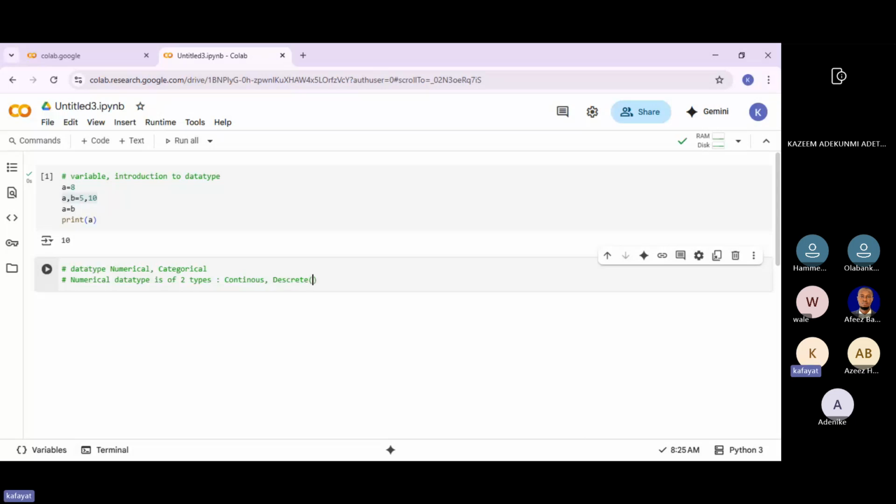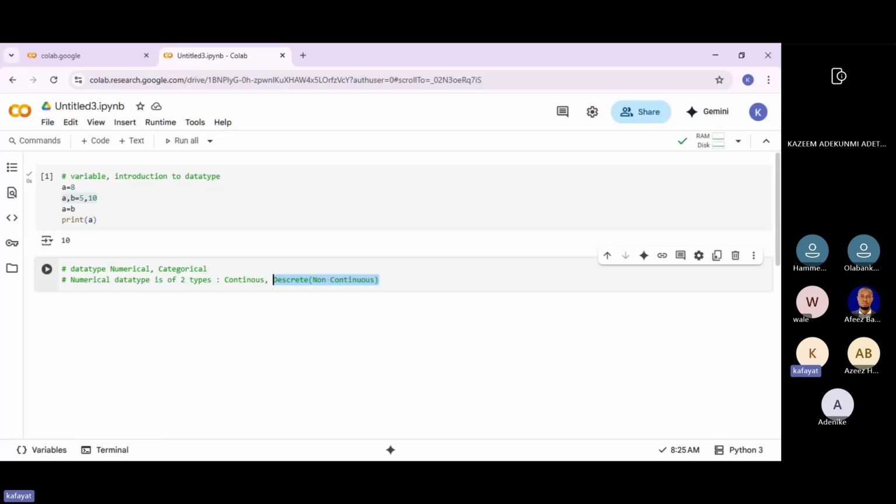This discrete, we sometimes call it non-continuous. In simple terms, how I define it in layman language is, I call this a whole number. A whole number in the sense that it does not take any decimal value. That is, there is no decimal point after declaring it.